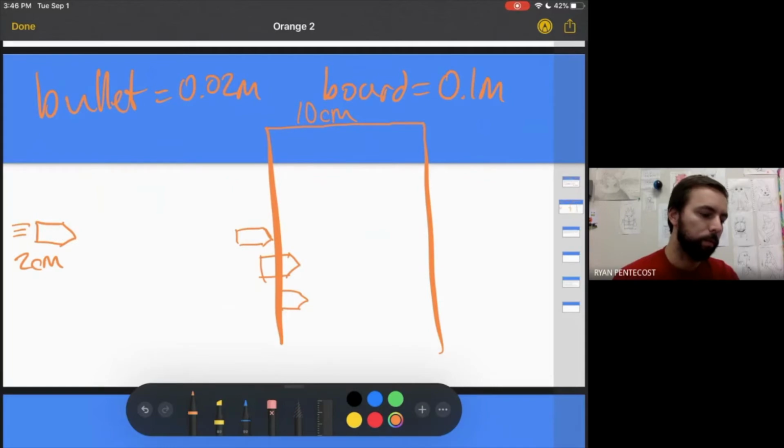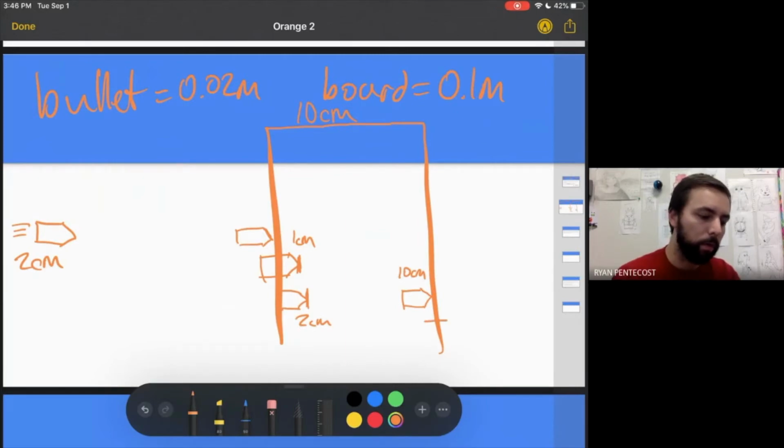Now, we're not going to debate a whole lot on that we can see. Now here, we can say that the bullet has now been in contact for all 10 centimeters, right? We can look at the point of the bullet. Here, it is 1 centimeter through the board. Here, the whole bullet is inside the board, so it is 2 centimeters into the board. Now the bullet has been through all 10 centimeters of the board, but